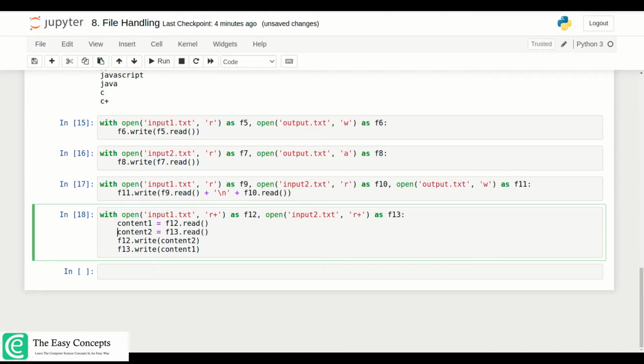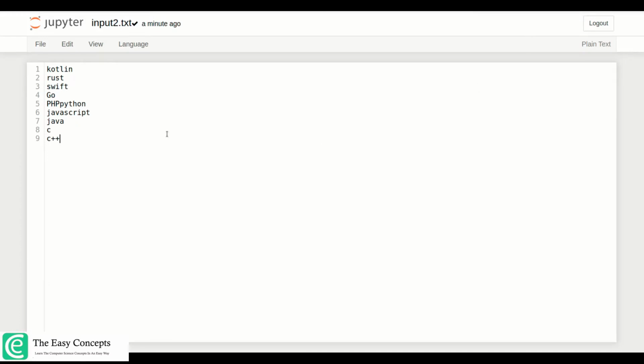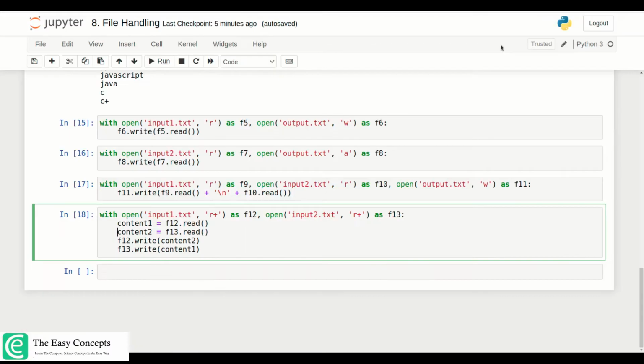Okay, so you can see here actually the content is appended to this, and it's a problem because when you read the file, the pointer moves from here to this place, and then writing starts from this place, right? So this is the problem that we need to solve.